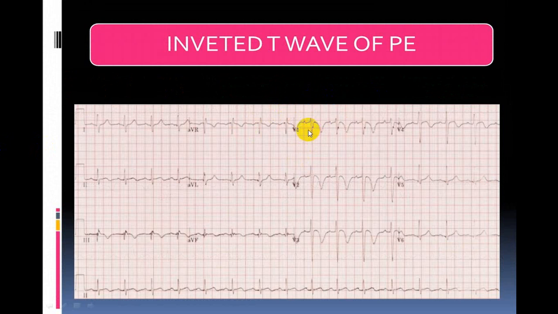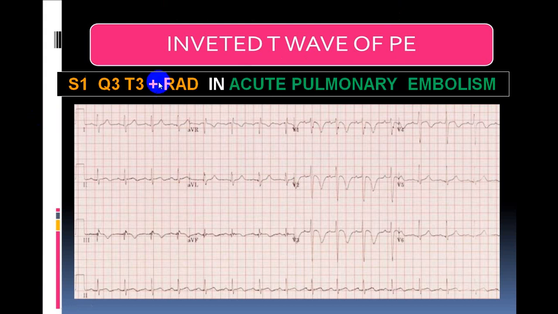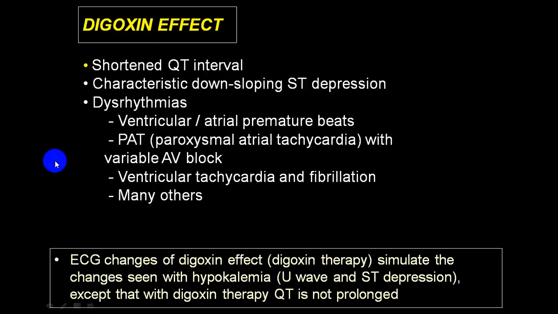So again here you can see that there is a T wave inversion, there is an R wave with a T wave inversion. In V5, V6 you will have a small S wave, and in lead 1 you get an S wave. In lead 3 you have got a Q wave and T3 inversion. So we call S1, Q3, T3 plus RAD plus terminal R wave in aVR and R wave in V1 with a strain pattern. It is a right ventricular strain pattern. You will be in favor of an acute pulmonary embolism. Do keep this thing in mind.